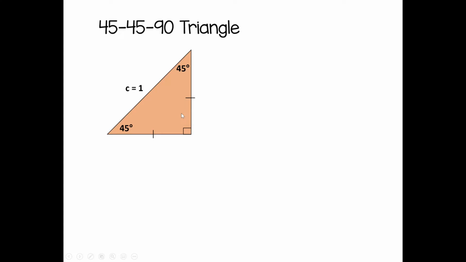A 45-45-90 triangle is an isosceles triangle, which means the lengths of the legs are the same. They are congruent, so I'm going to give them the same variable, the letter a. Using the Pythagorean theorem, a squared plus b squared equals c squared,